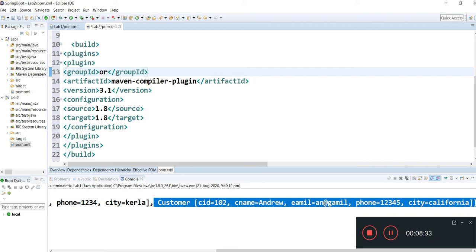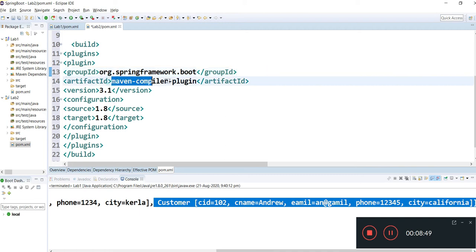We will write group id as org.springframework.boot, and inside artifact id you can mention spring-boot-maven-plugin. So now we are going to use the Spring Boot related Maven.